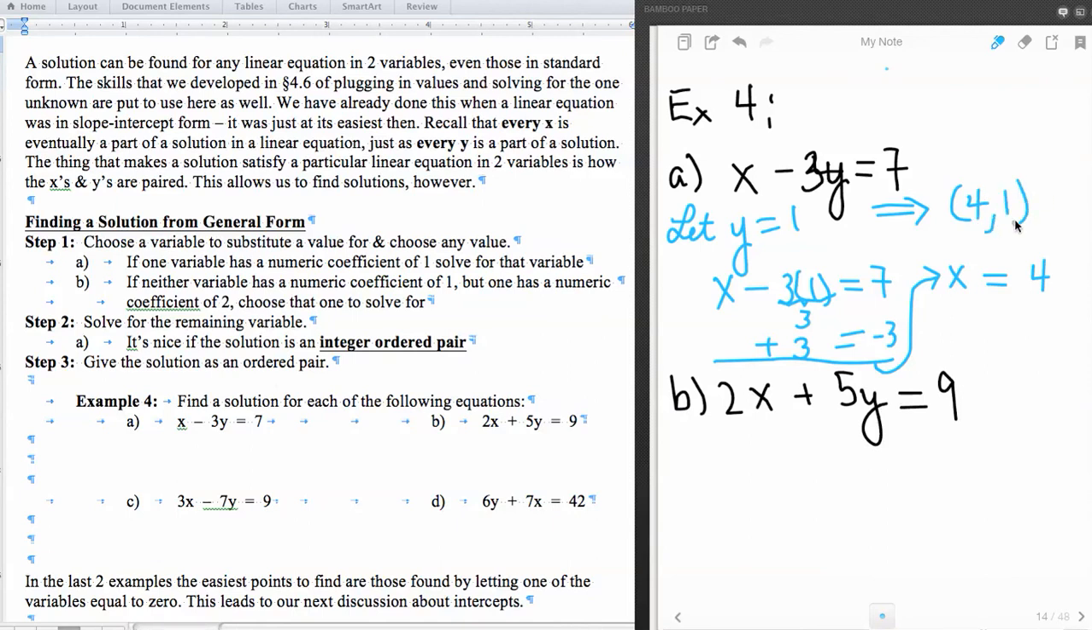And we can always check this to see if it satisfies by plugging it back into the original equation. Does 4 minus 3 times 1, which is 3, equal 7? And we have, no, it doesn't, because look, I made a mistake. 7 plus 3 is equal to 10. So x is not 4, x is equal to 10. There's your value in checking these things. So what we see is checking